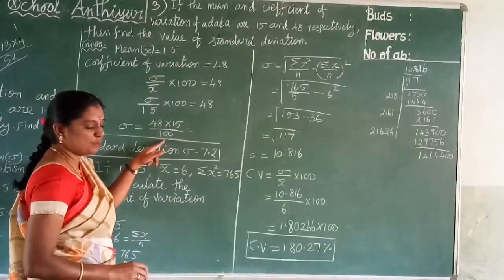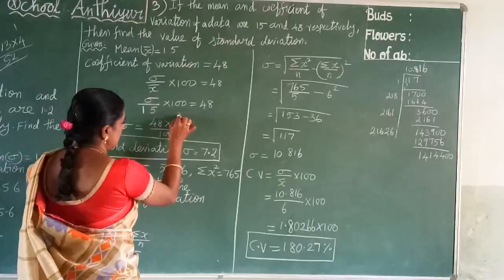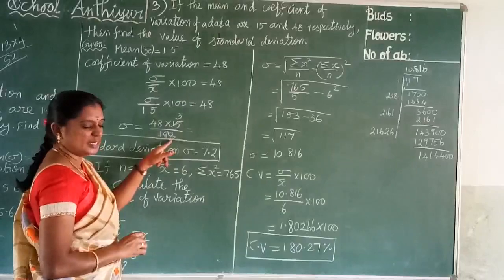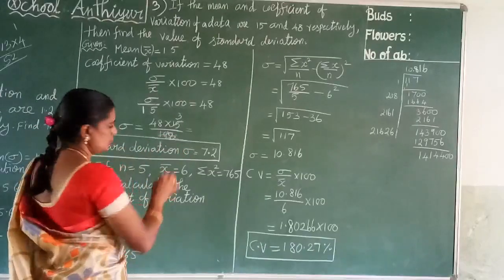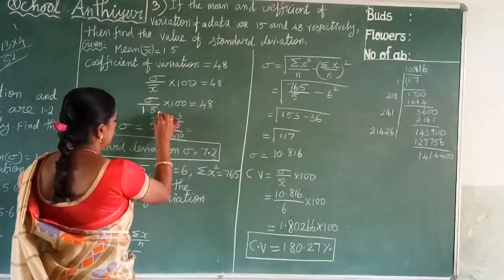And then apply any table value. Which table is possible? Here the 5 table: 10 5s are 50, and here 20 5s are 100. And then apply the 4 table or 2 table. So apply the 2 table: 10 2s are 20, 2 2s are 4, 4 2s are 8.